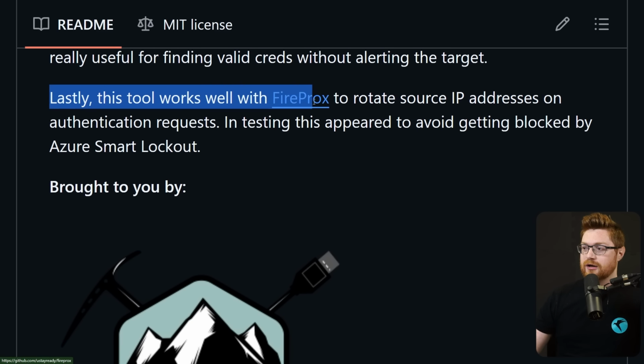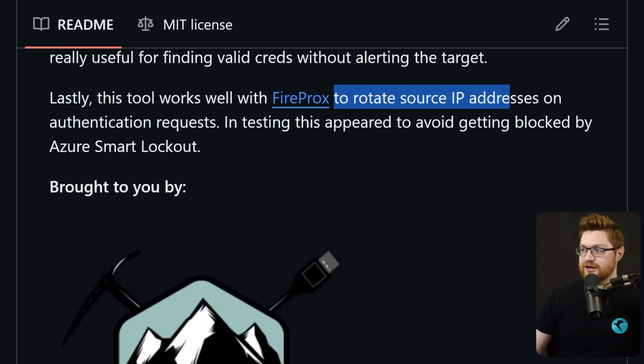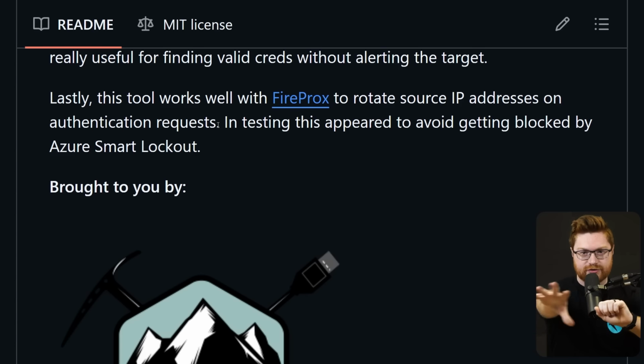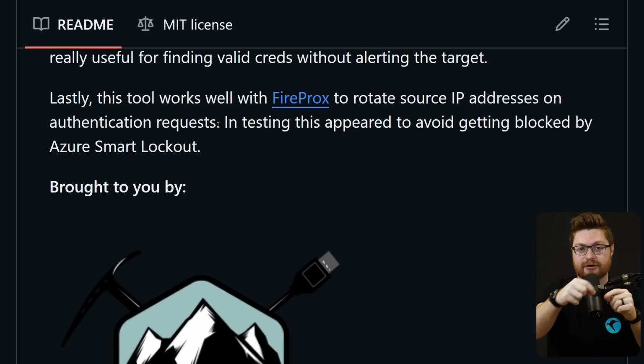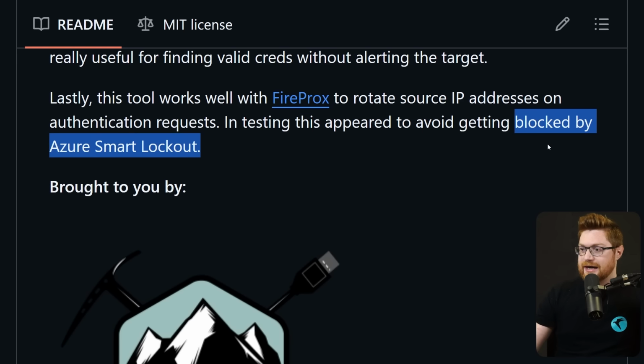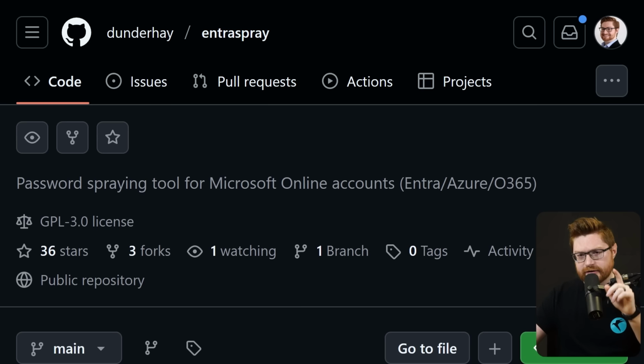This tool works well with Fireprox to rotate source IP addresses on authentication requests. That means that if you are spraying passwords, trying one thing after the next, you're actually moving across the internet in a different IP address to make it look like you're coming from a different location every time. That circumvents a lot of rate limiting or being blocked by Azure Smart Lockout. We'll talk a little bit more about Fireprox and that rotating IP address idea in just a little bit, but